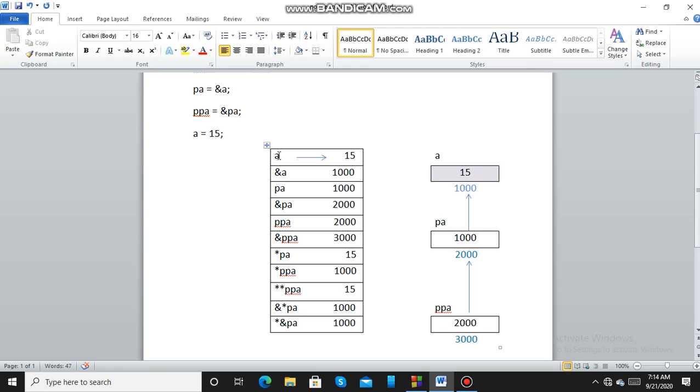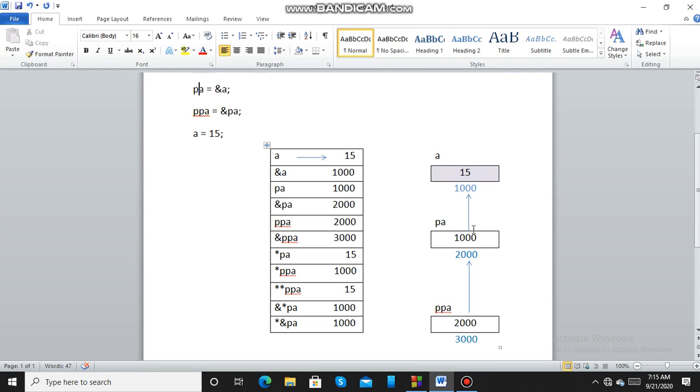When I am printing the value of a, I will get 15 because a is 15. When I print address of a, ampersand a, I will get the address of a, that is 1000. Then pa will print 1000 because the value in pa is 1000, that is the address of a.